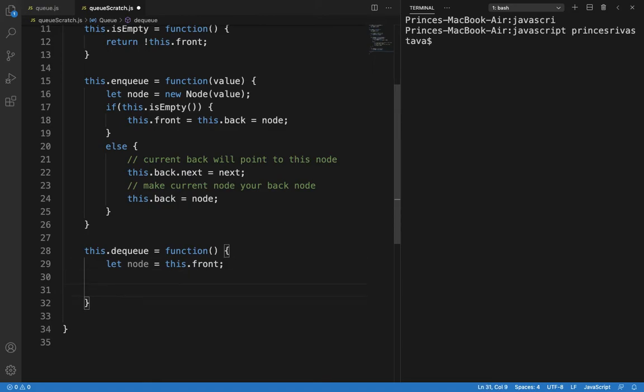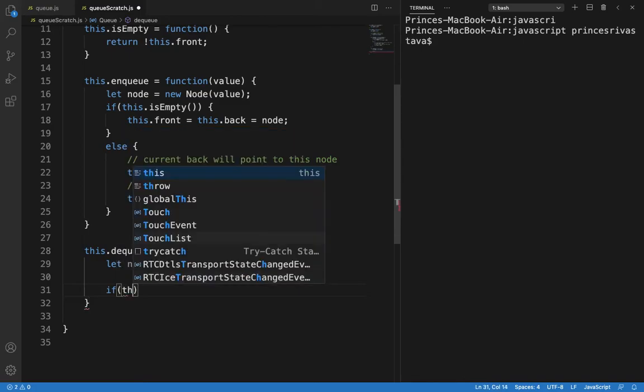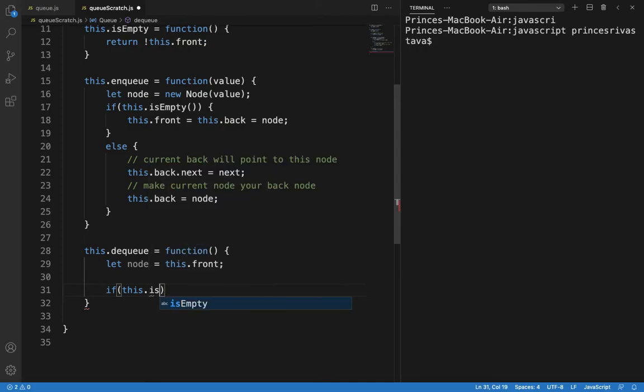Now suppose the queue is empty. So if the queue is empty, then we will return empty queue.